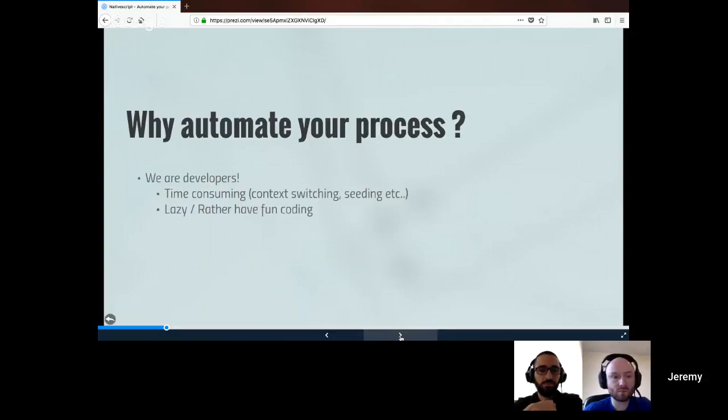And why do we want to automate that? Because, as you say, Sebastian, we are developers and we don't want to spend too much time on that. It is really time consuming to switch context. If you have an API server running behind your app, you have to seed it. You have to do a bunch of things that are not really cool. And yeah, we are a bit lazy. I am, at least, and I'd rather have fun coding some new features than spending all my days debugging or